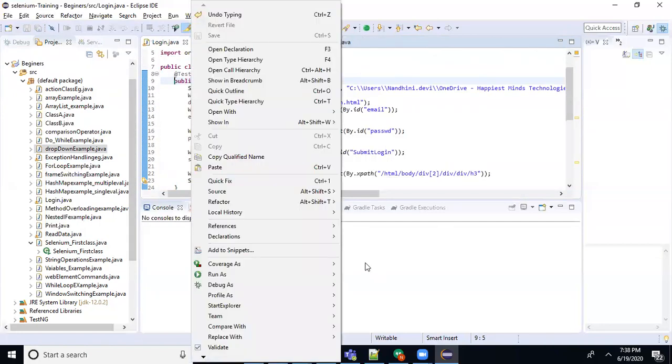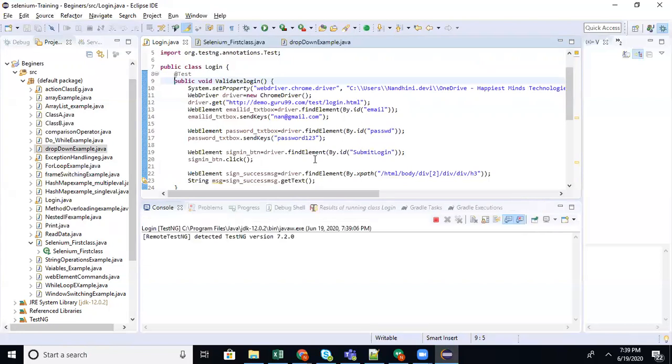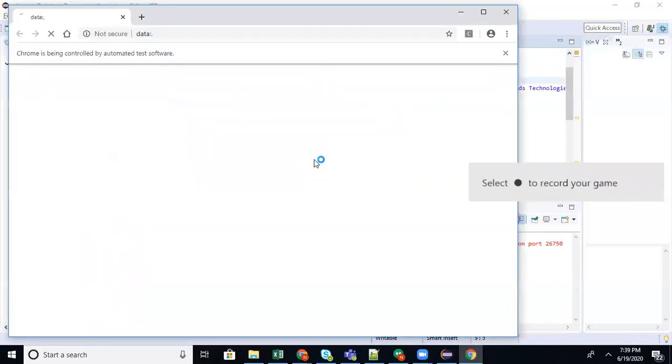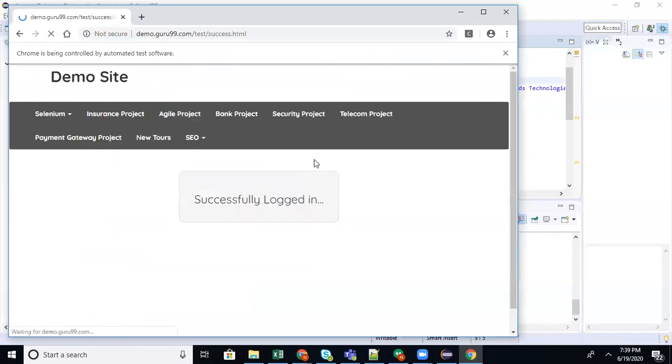So now let's run. Here you have to run as TestNG test. When you run, it will behave as a TestNG execution and automatically pick all the methods with @Test and start executing. Other than that, you are going to structure the execution with annotations.